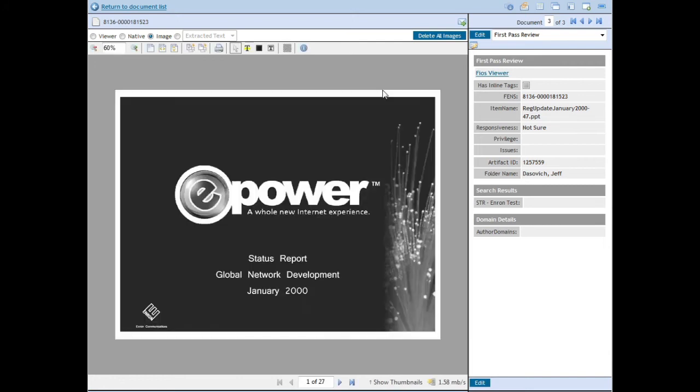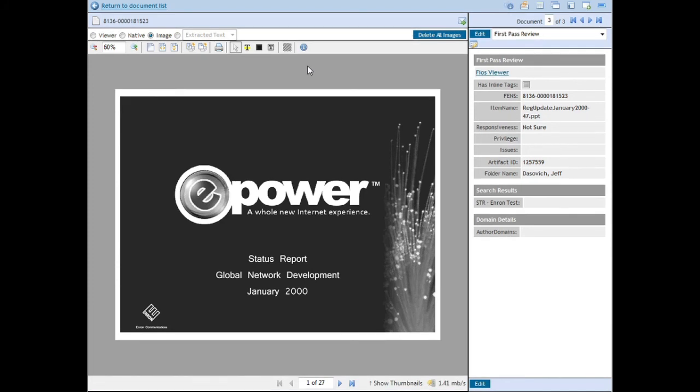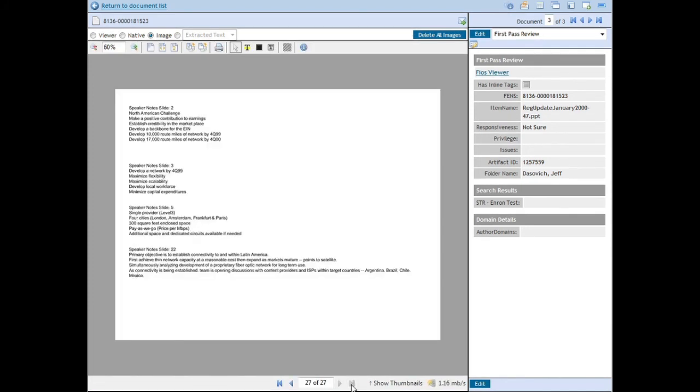Another thing we do at Fios is TIFF all documents, so they are available at the start of the review for immediate redaction and annotation, and we do this at no additional charge. If requested, we can also display the PowerPoint speaker notes on the TIFF images. As you can see here, they are always displayed at the end of the TIFF image with an indication of